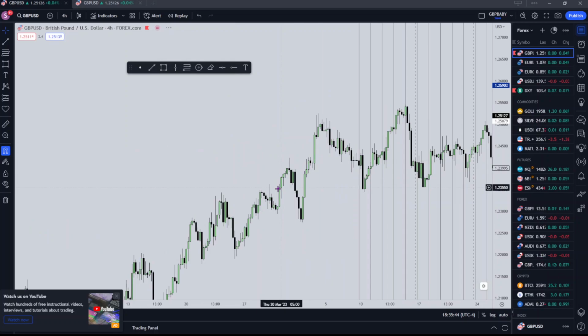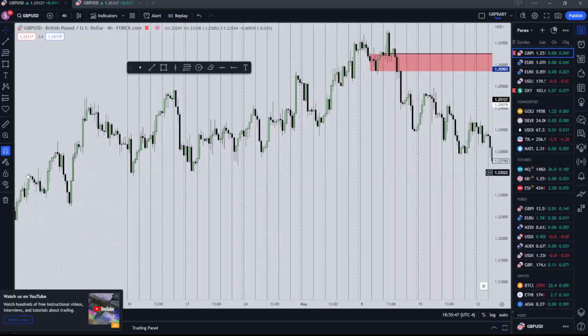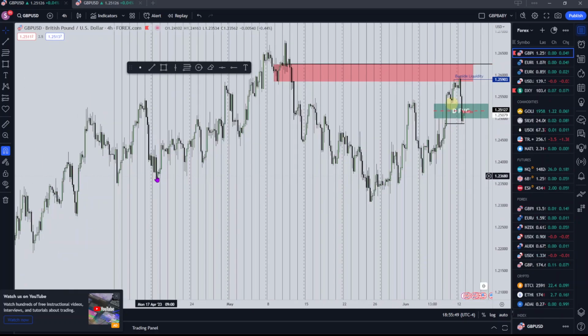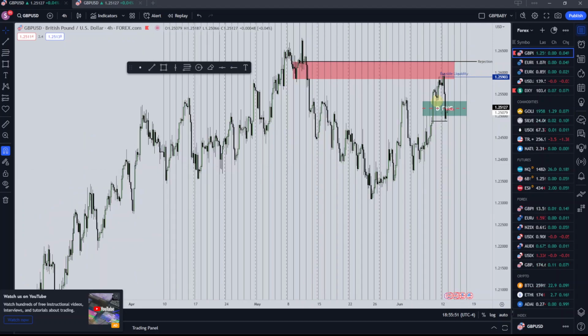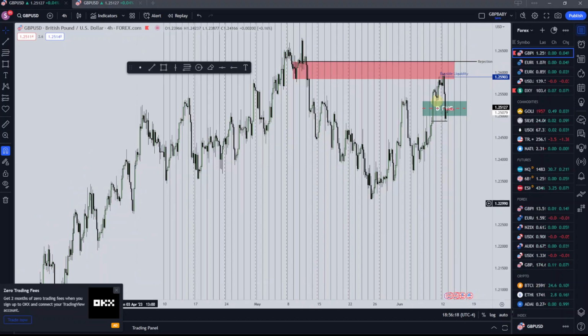I do need to make these lines visible on all time frames, so I am going to quickly just toggle that. That's going to take a minute, so I'll be right back. Right, so now that that's done,